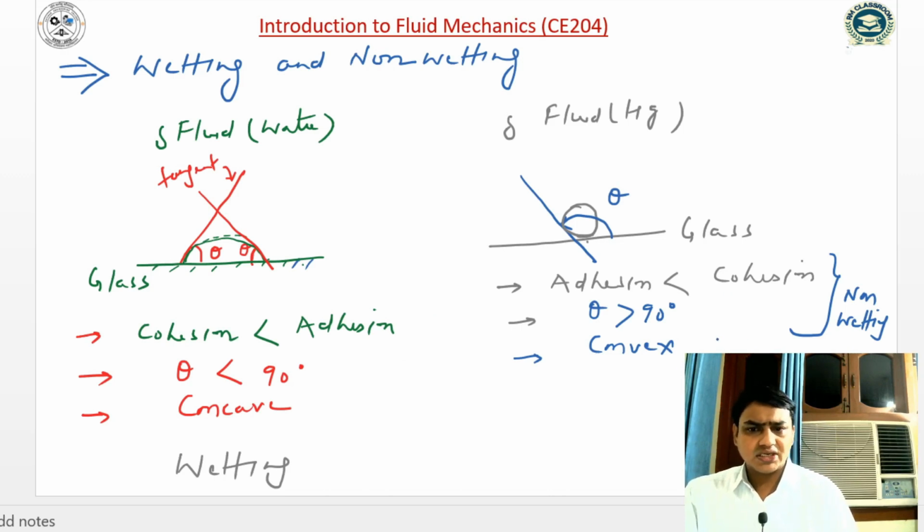So now I am going to discuss what is capillarity. When a very small diameter tube is inserted in a glass which is filled with any fluid, there is a certain rise or fall due to the wetting or non-wetting characteristics. This phenomenon is called capillarity. And the small diameter tube that is inserted in the fluid is called a capillary tube. So the same thing I have written here.